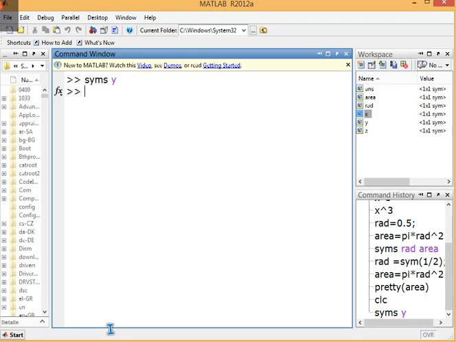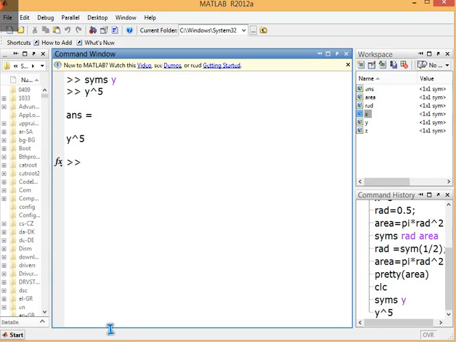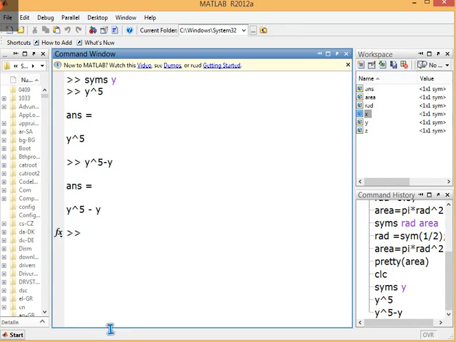Now make it y cube or y to the power 5, say y to the power 5. This is also good. Now y to the power 5 minus y, what is this? This is an equation. This is also done. And this is a proper equation form.